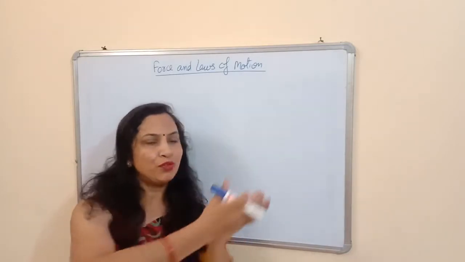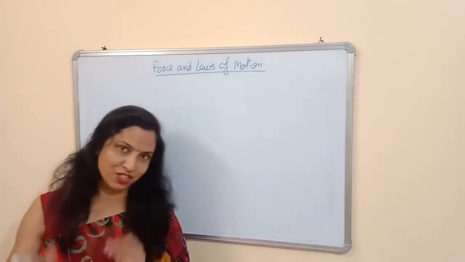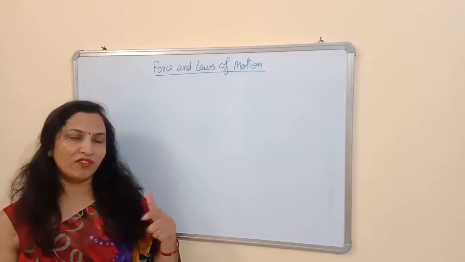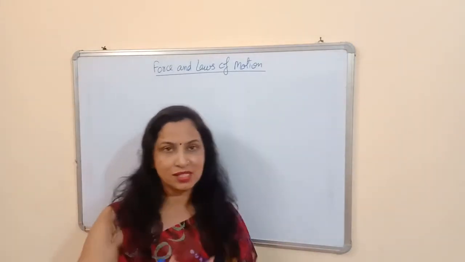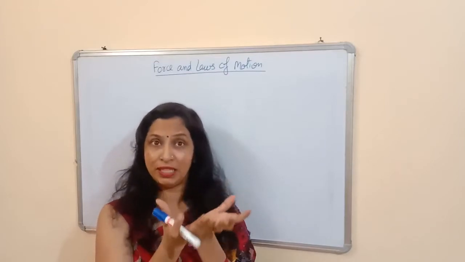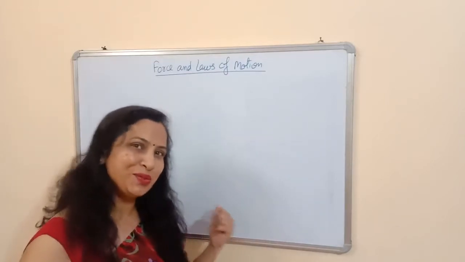You always move your hand like this. It means you always move your hand in the backward direction. So why do we always do like this? You can imagine that if you don't do like this, your hands will be hurt. Why does it happen? So let's understand it by using Newton's second law.